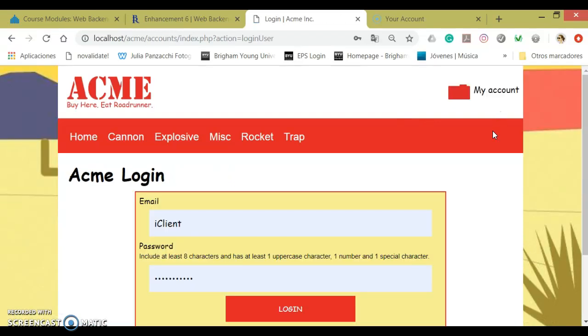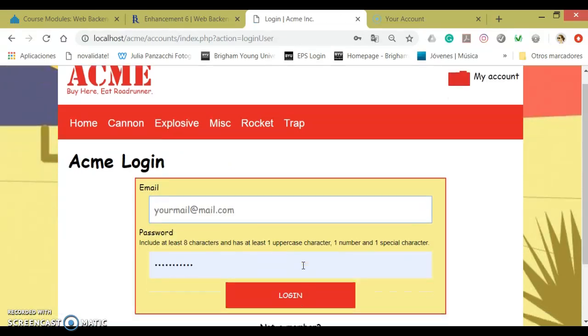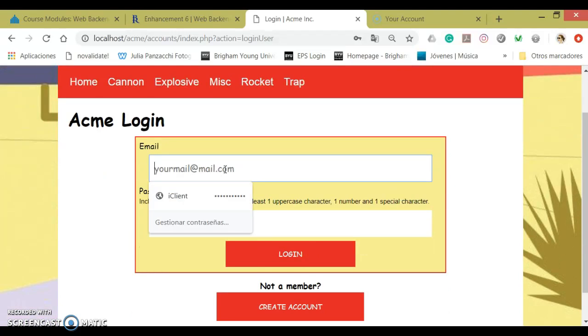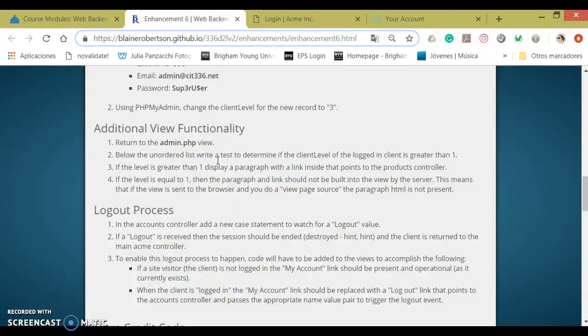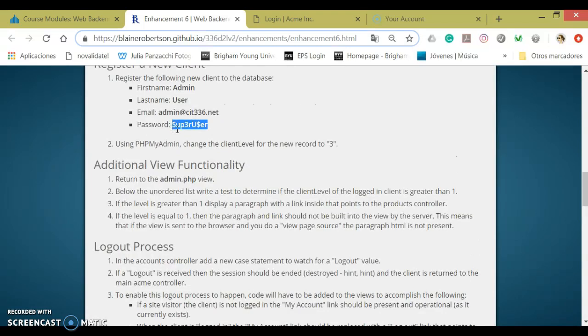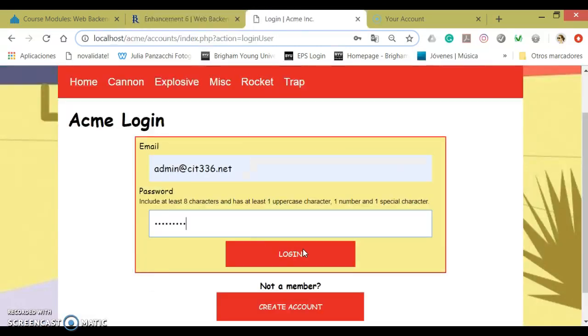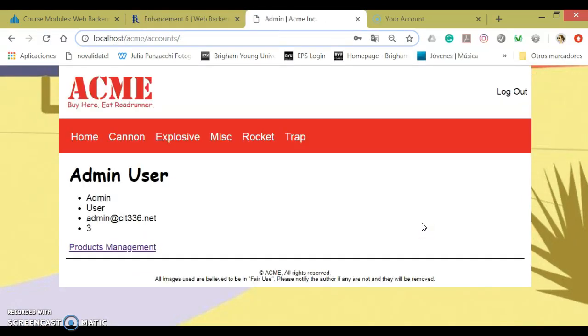And now I'm going to log in as the administrator. It's a client level number 3. As you can see, the client level number 3 has this link to product management,